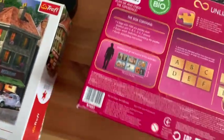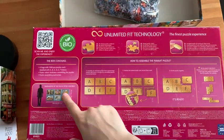I don't want to. So here is also written how you can assemble this, how big it is. You see a